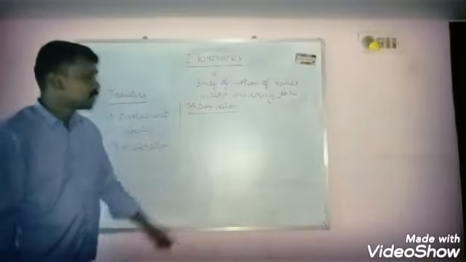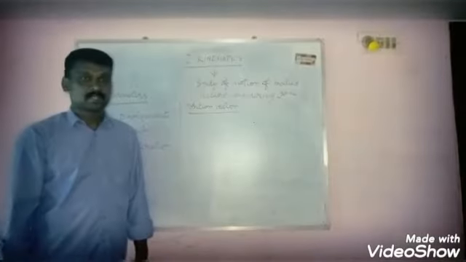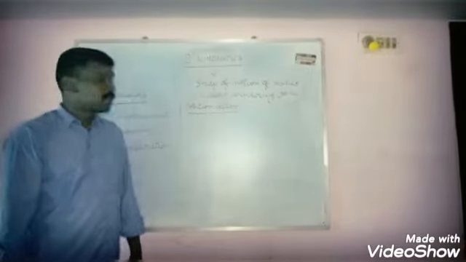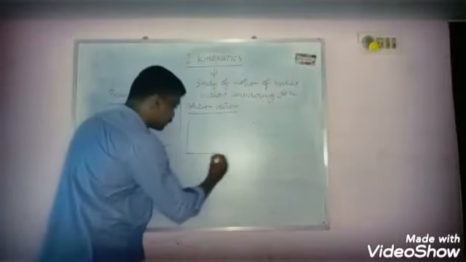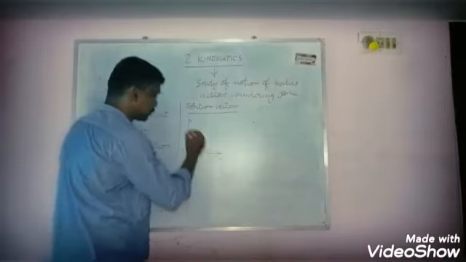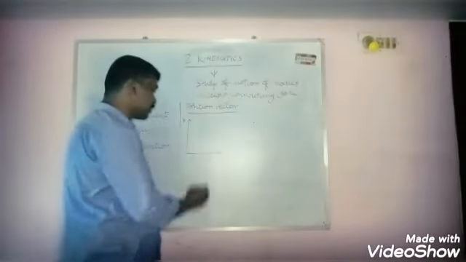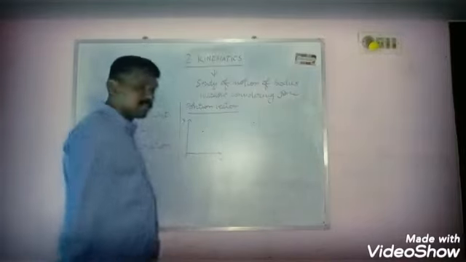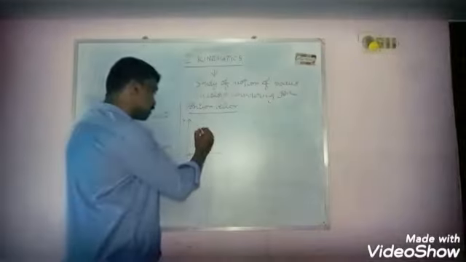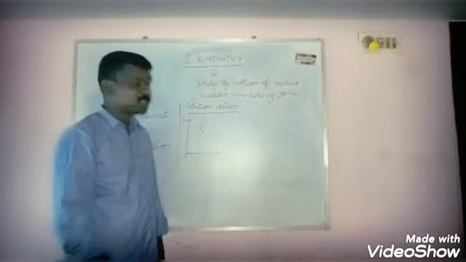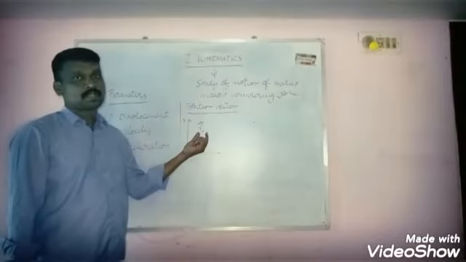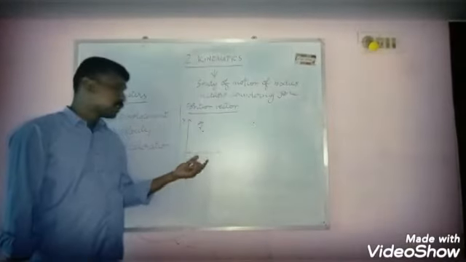So the vector which describes the position of the particle is known as position vector. So we consider the coordinate system. In this coordinate system, there is a x, y axis. So in this we are going to fix the position here. So it is the origin. So from this, what is the position of the particle? R is the position of the particle. It is the vector, so we are denoting the vector form. So this gives the position of the particle with reference to the coordinate system.